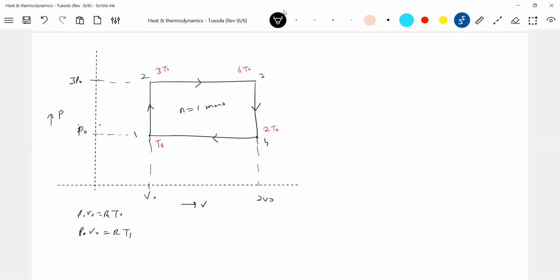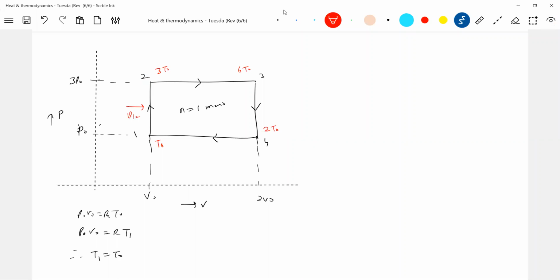Write it in here. So what is T1 equal to? T naught. Now apply the ideal gas equation again here: 3 P naught V naught equals R T2. So T2 becomes 3 times P naught V naught by R. Like that, I'm putting these down. They are going to help us in identifying the process. Now you see, volume constant, temperature increases, so isochoric heating. It will absorb heat.